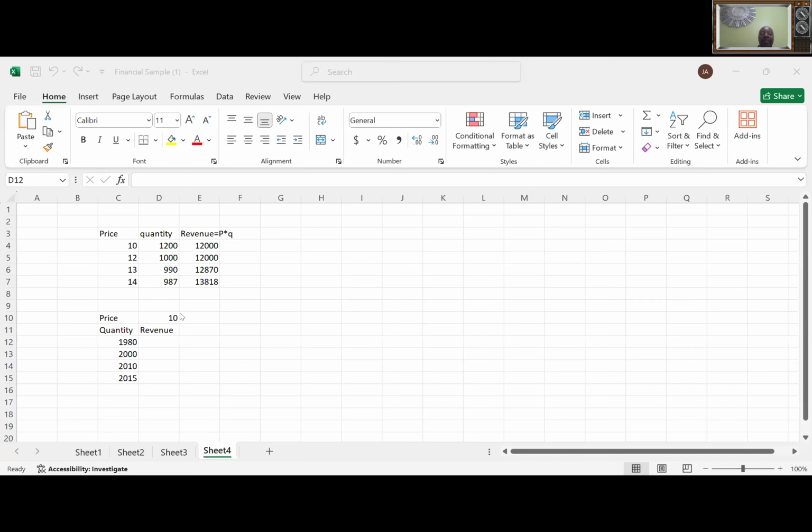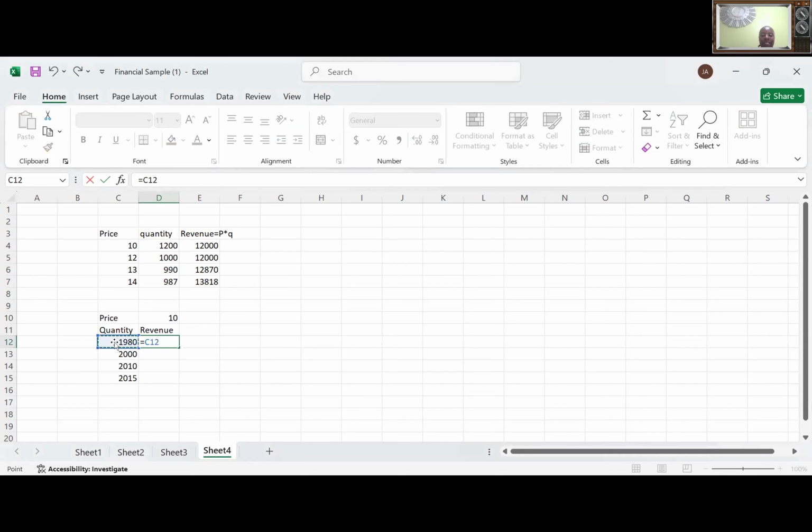Great. So then I'll be able to come here, and you see this 10 is going to be constant throughout. Because it's going to be constant throughout, I say equals, I pick the quantity, which is 1980, times the price. This 10 is going to be used throughout. If I don't dollarize it, if I go without dollars, and I press Control Enter,